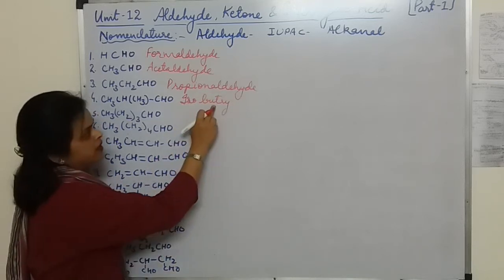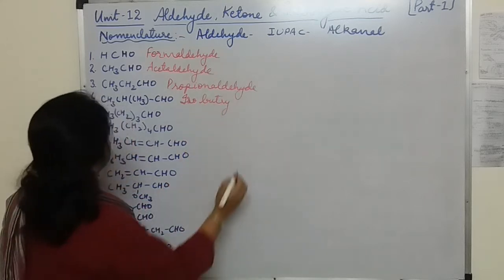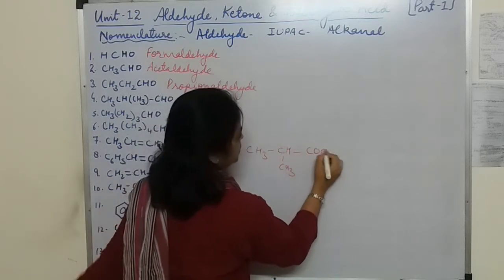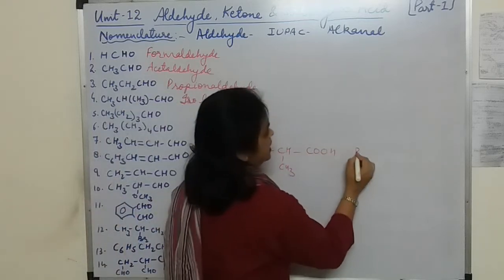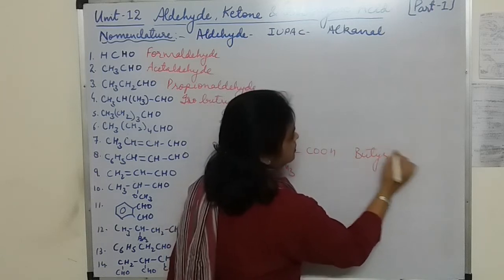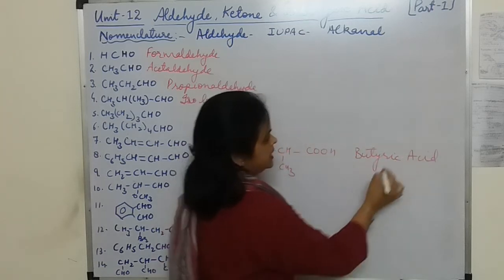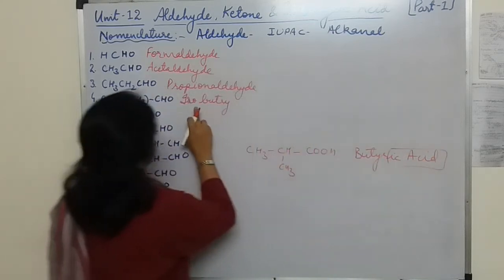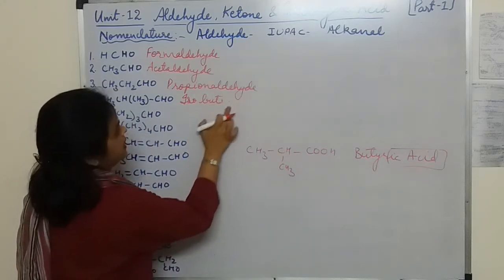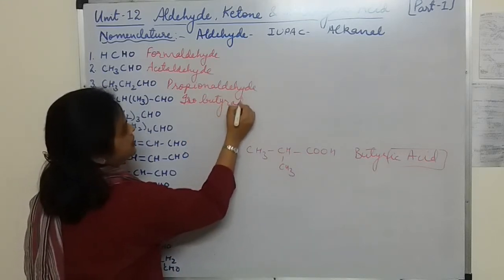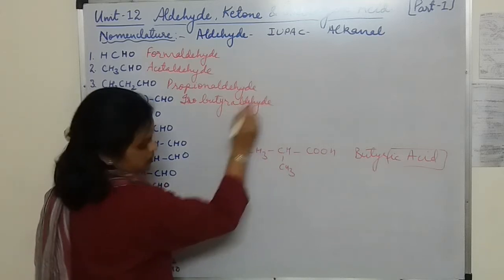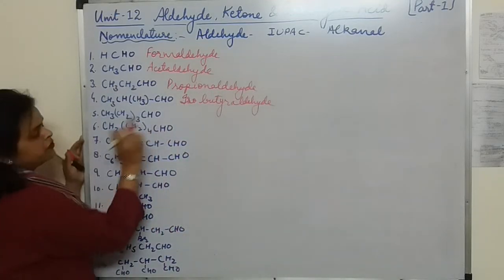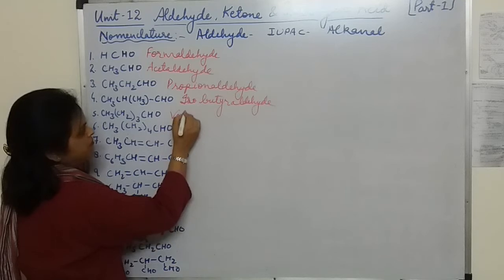Butyric acid, then it was CH3CH2CH2COOH. What name had we written? Butyric acid. Okay, now ic acid becomes aldehyde. So what is the spelling? BUTYR, aldehyde. Okay, so in this way you should correct your spelling. This is 5-carbon valeric acid, so the name will be valeraldehyde.